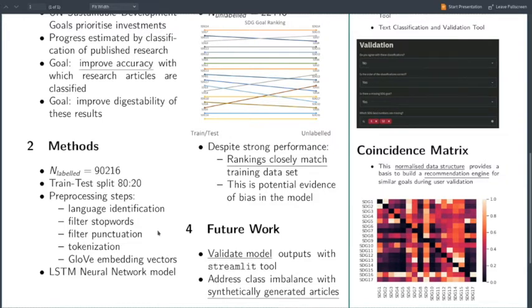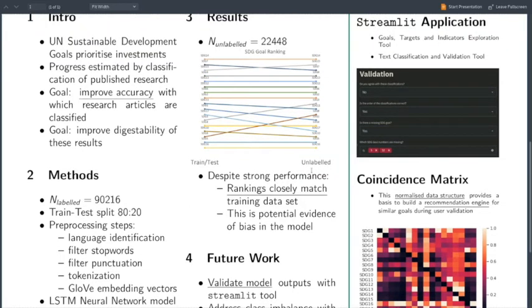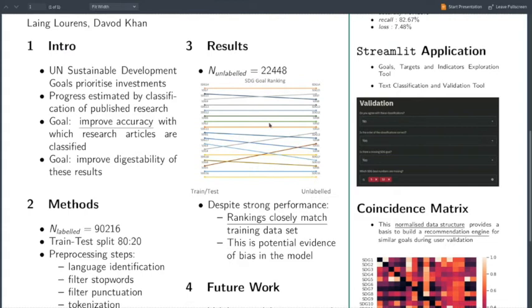And we then fed these inputs into a long short-term memory neural network model. And using that model, we then took the more than 22,000 unlabeled articles which we were given, which is about a quarter of the labeled dataset. And as we can see through this rank diagram, between the train and test set and the unlabeled set,